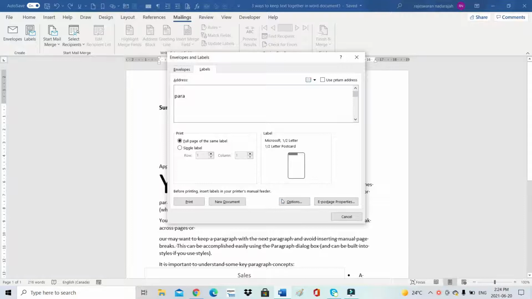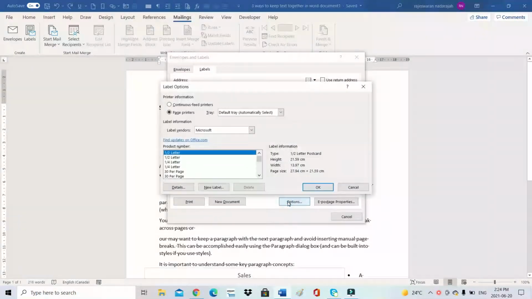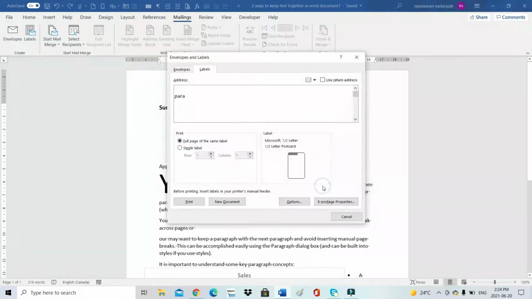Then go to the option, choose which one you want, what style you want. Whatever you have to write on the label, about the company names or anything, whatever company information they gave you, you have to type it, and then click OK.